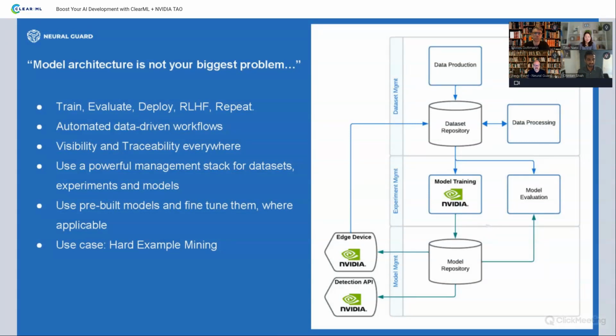And hard example mining helps us do that, and without tools such as ClearML, and also if we had to focus on building and debugging models from scratch and not using pre-built models, that would also be almost impossible. So I hope it was helpful. And thank you very much.